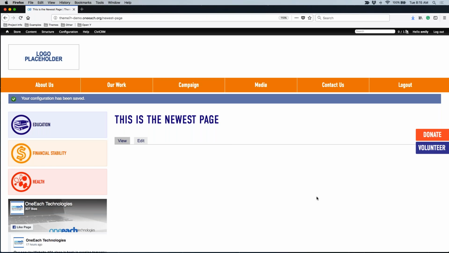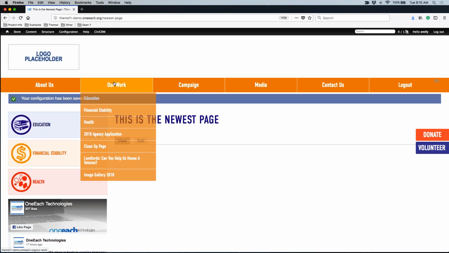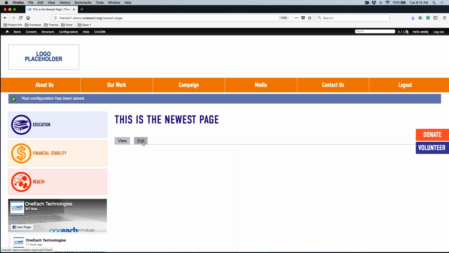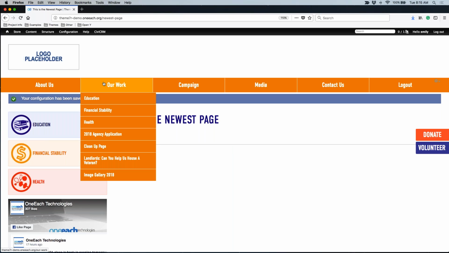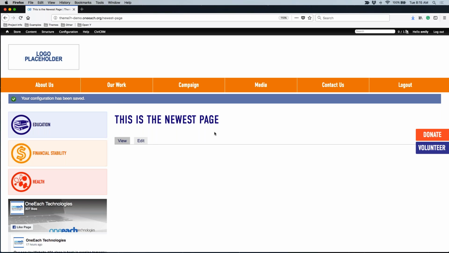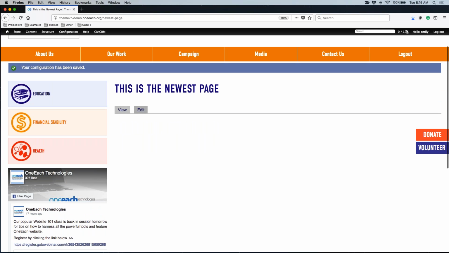So now, hopefully, I should be able to see under our work, cleanup page now has new page. And again, when I hover over new page, I should still see that little advisory title pop up. So feel free to, as you're going in adding those pages, add them to the main menu. Now, one last thing, as I mentioned, if your site is live and you are worried about pages like this one that really don't have any content on it, if you're worried about these kinds of pages out there,